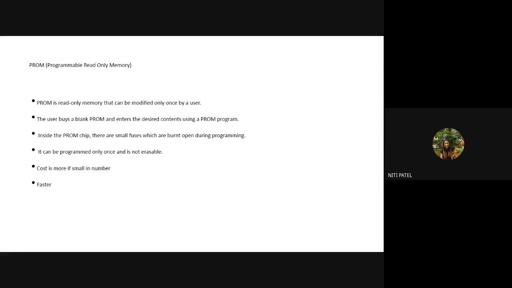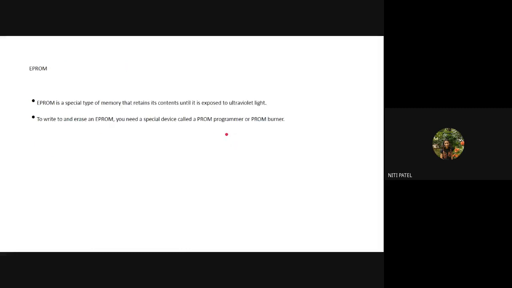Okay, is this PROM understood? What is programmable read-only memory? It is a type of permanent memory, but it still allows you to change the contents. How? You will replace the ROM which is there in your system by purchasing a new one, write the data into it and reinstall it inside the system. To write the data, what you require is PROM programming. You cannot simply copy paste the data like how we can do inside the RAM memory. So that was all about PROM.